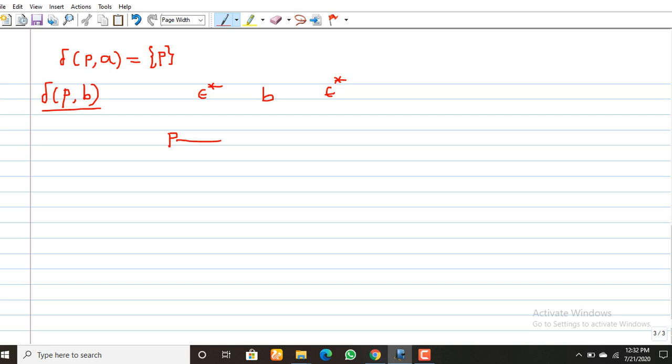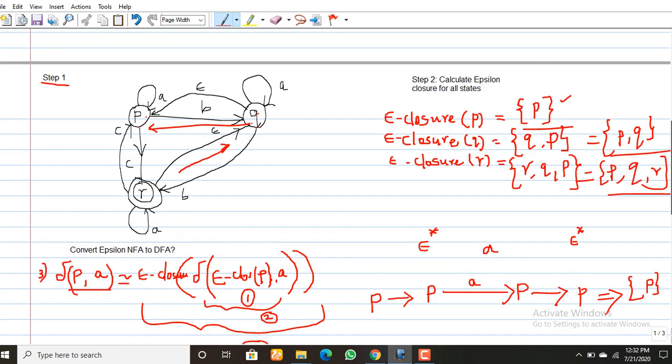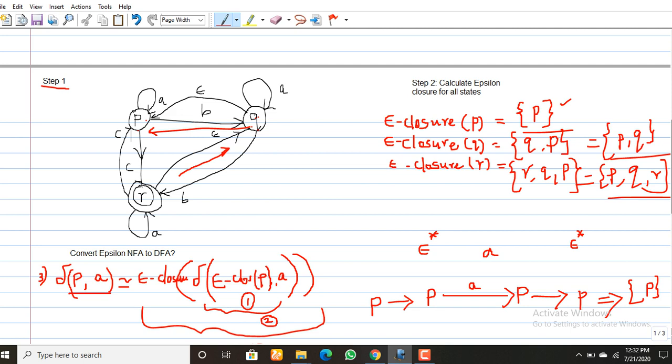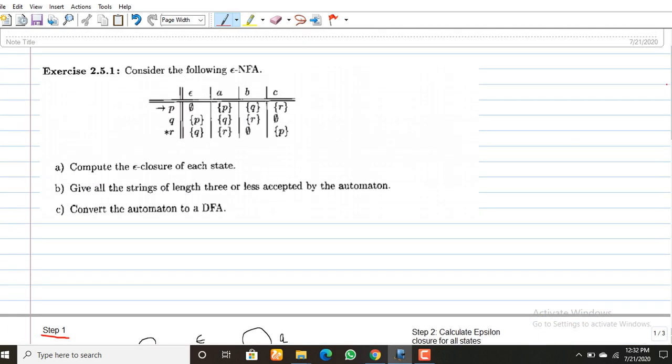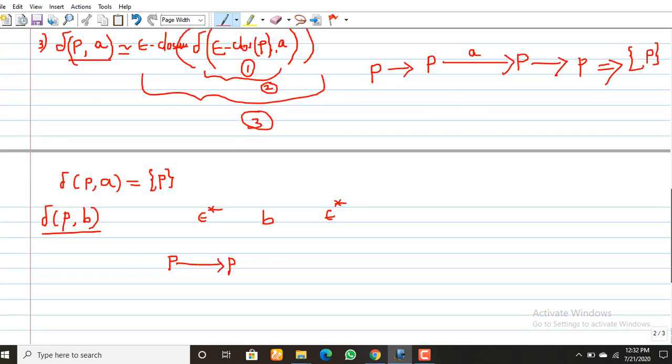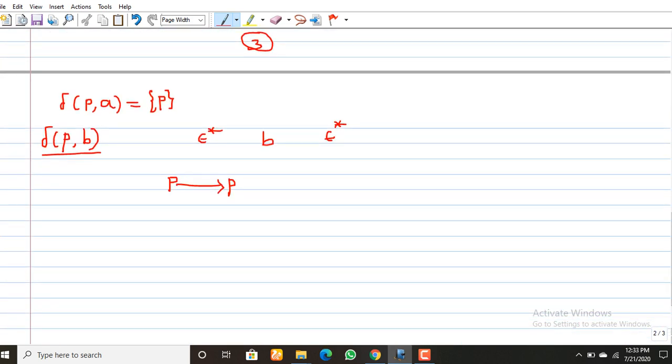It is P only. So on receiving B, P goes to Q. What is the epsilon closure of Q?